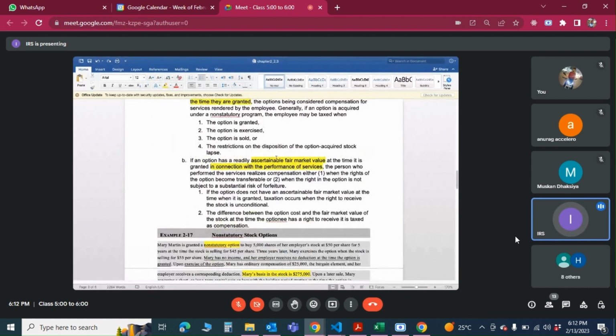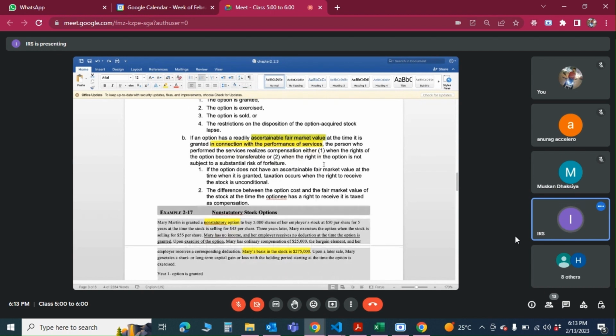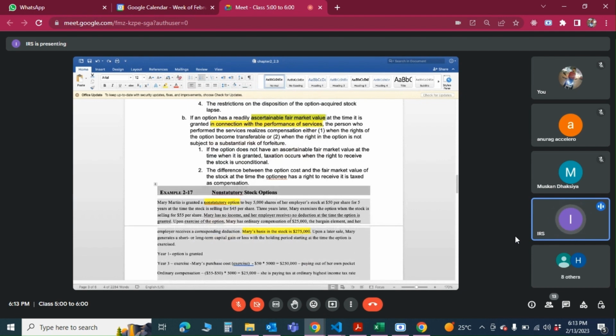Okay, so we have to ascertain what is the fair market value. Sometimes private companies do not have a fair market value, or it's not easy for us to find it. So that's why we get that 409A valuation done, and based on that, we'll see what is the value of the stock. But for public companies it is very easy to know what price it is being listed or traded at on the stock market. That is the fair market value. So we'll go over this example that will make it clear.